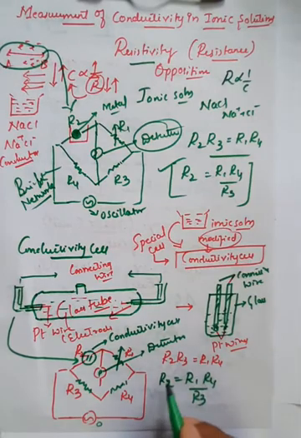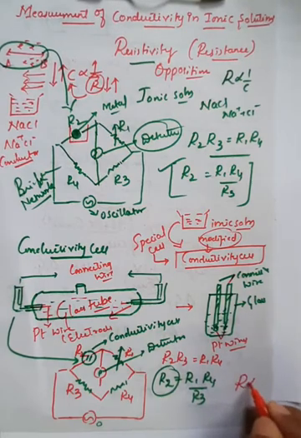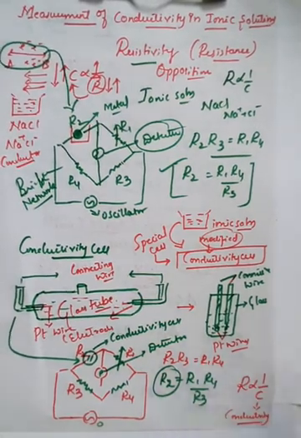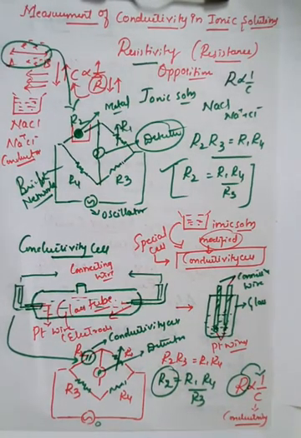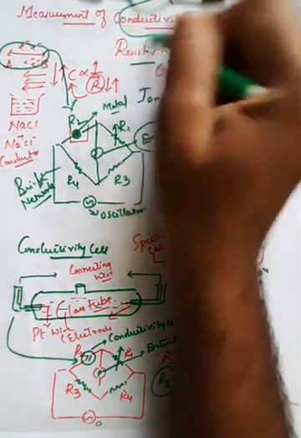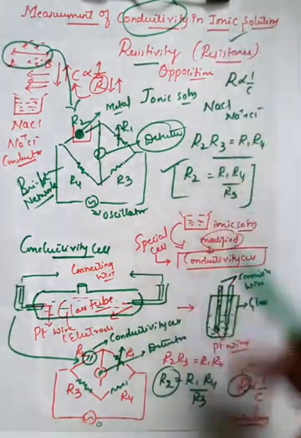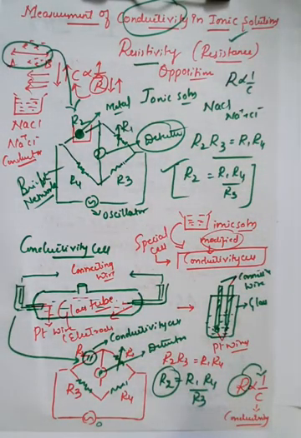So whenever you get this R value, you can reciprocate that value. That is, R is directly proportional to 1 by C, where C represents the conductivity. Whenever you get this value, just by reciprocating it, that is 1 by C, you can get the conductivity of the cell, right? I have already explained the measurement of conductivity, but the important thing here is we cannot directly calculate the conductivity. Therefore we have to calculate the resistivity. Just by calculating the resistivity and reciprocating that value, you will get the total conductivity of the cell,